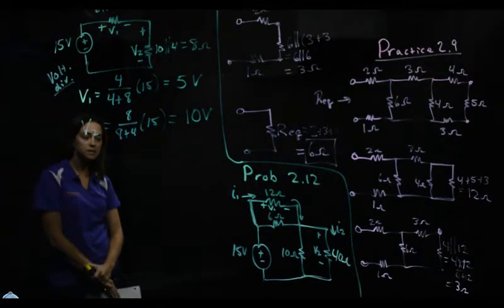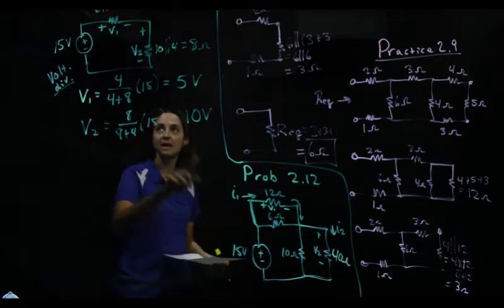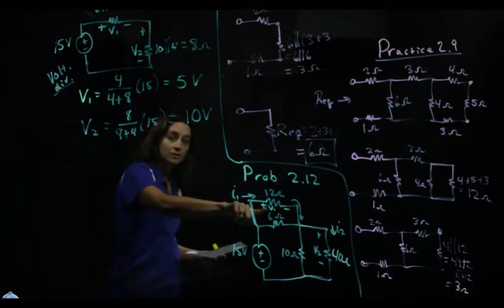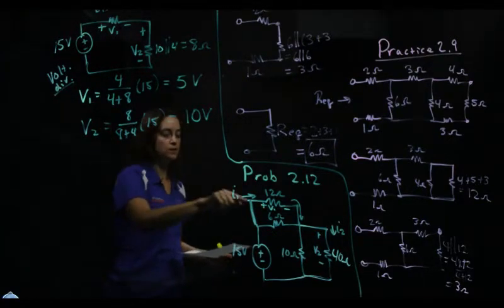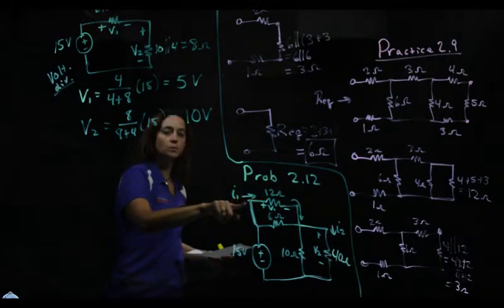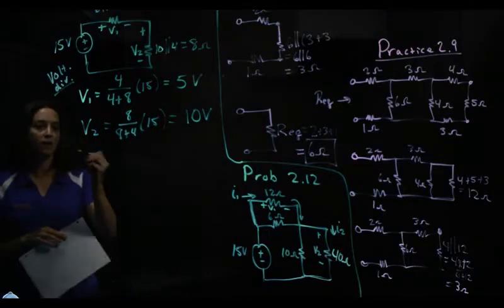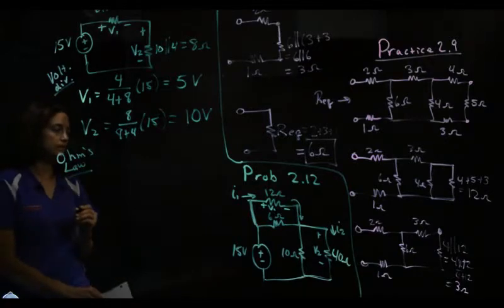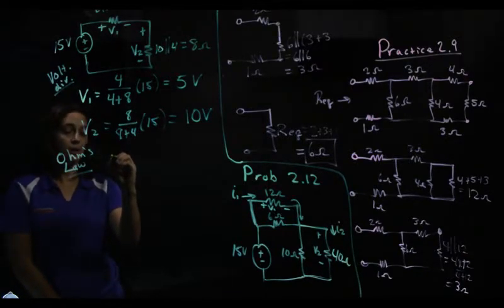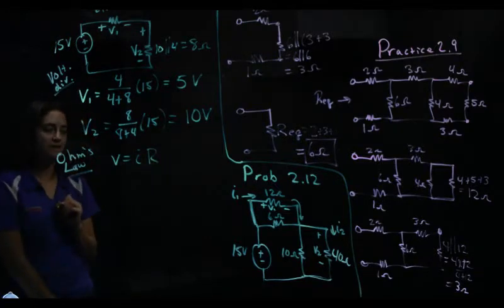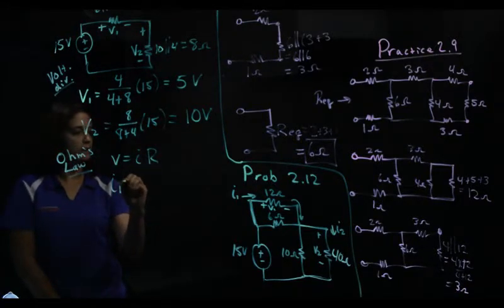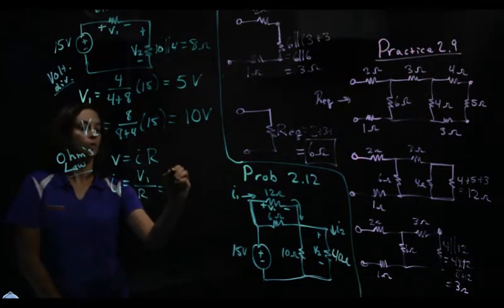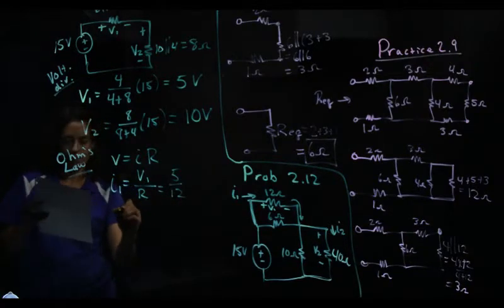Now to find I1 and I2, I have to go back to this circuit because again, I1 and I2 don't exist in this circuit. There's no such thing. So if I go back here, I now have V1. This V1 is the same as this V1. So I now have V1 and I know 12 ohms. So using Ohm's law, I can say V equals IR. That's Ohm's law, right? Basic definition. So my I1 is equal to V1, solving for I, over R, or 5 over 12, and that gives me,